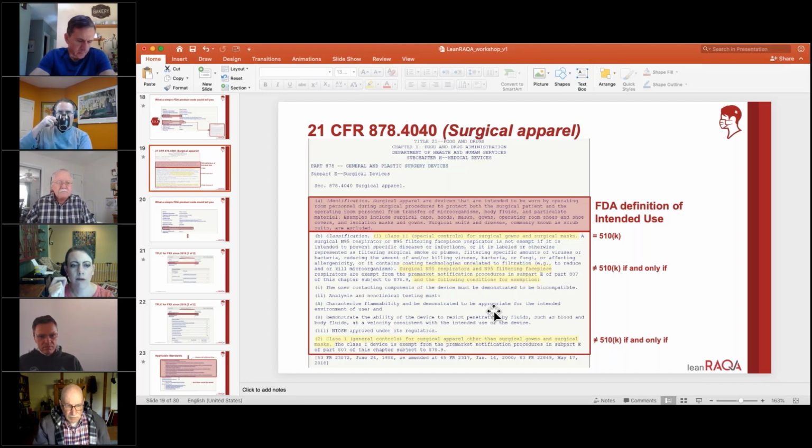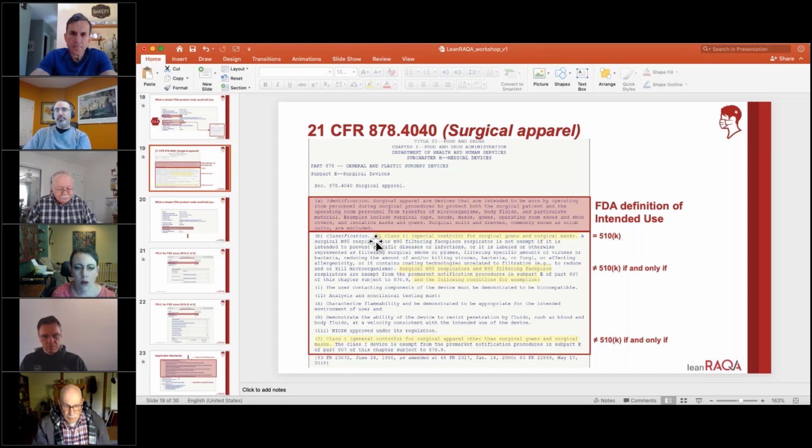There are 24 products regulated underneath, and it goes everywhere from surgical booties and caps to gowns, surgical masks, N95 respirators, the whole spectrum. So you really have to read the actual regulation and not just randomly pick a product code that you think